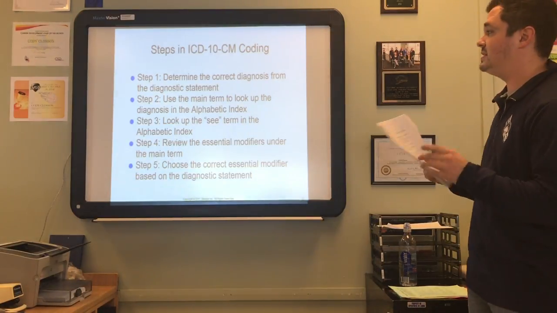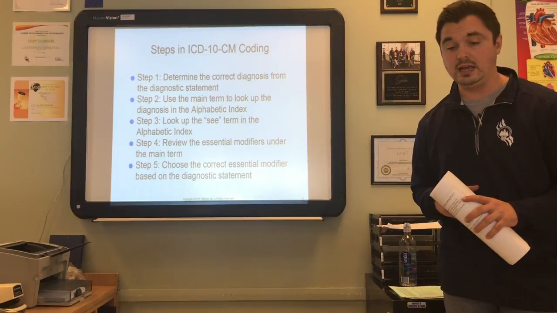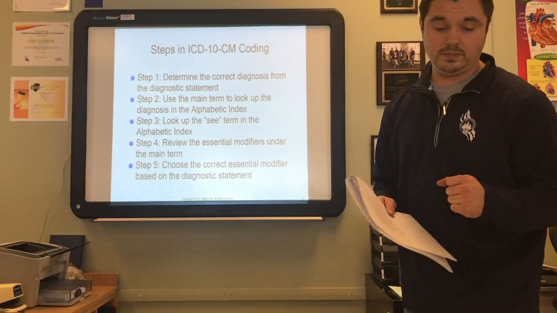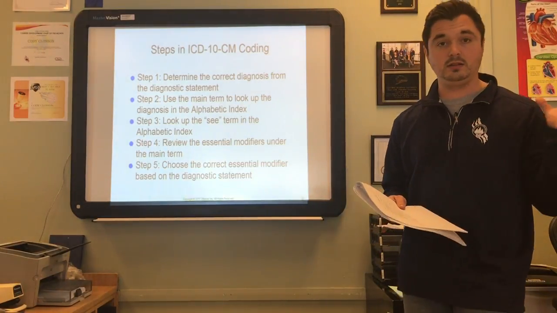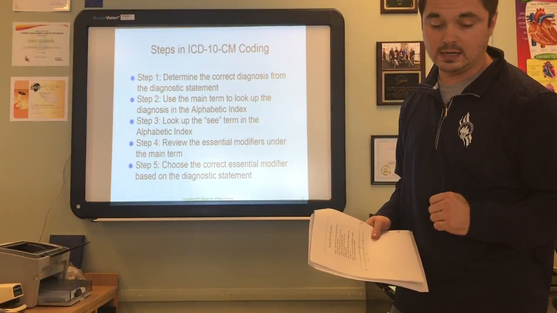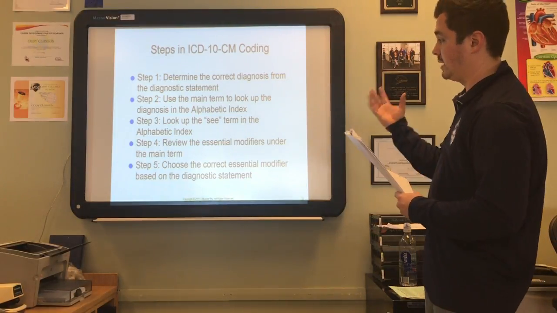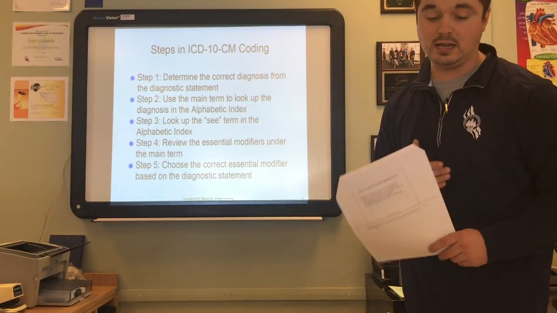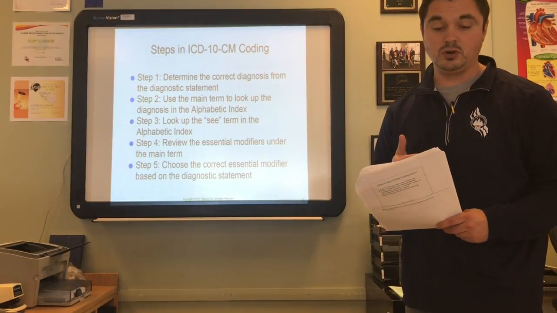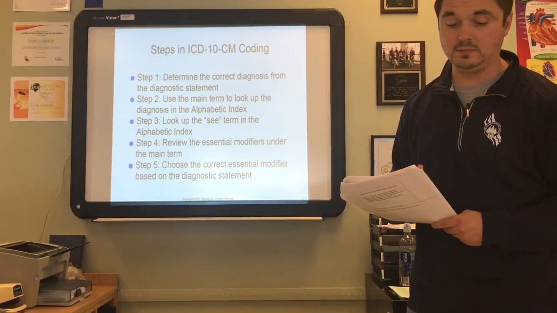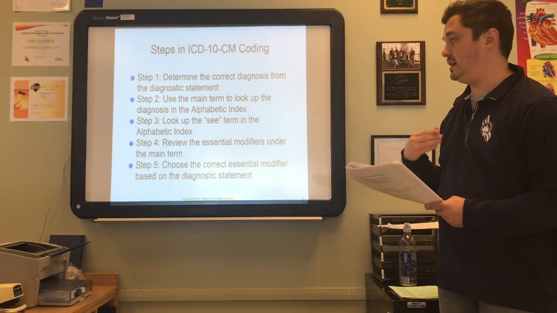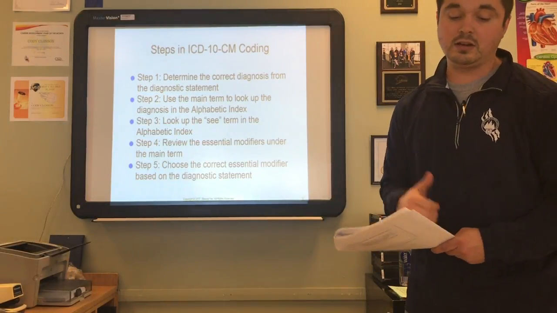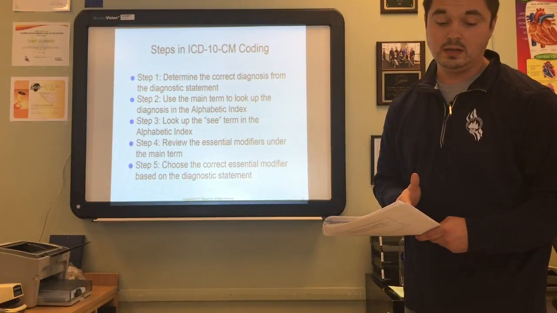So step 2 is to use that main term and look up the diagnosis in the alphabetical index. So if you look in an ICD manual, there will be an alphabetical index in the front, okay? And ours here in the classroom are all the front gray section. Okay, so you need to use the main term, like I said, Parkinson's disease, and look that up in the alphabetical index. And in your ICD-10 book, it'll come up as Parkinson's disease syndrome or tremor, and it'll also tell you to see Parkinsonism. Okay, so if it tells you to see another term, such as Parkinsonism, look up that term in the alphabetical index, and then it's going to give you Parkinsonism,